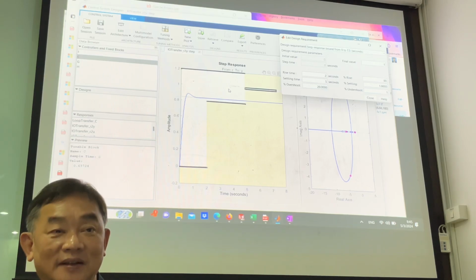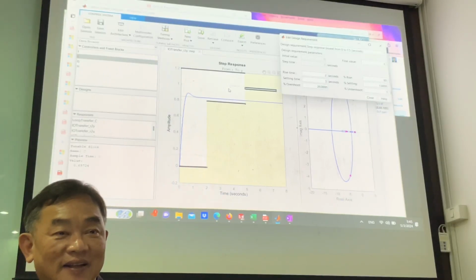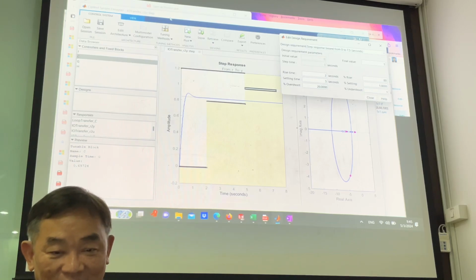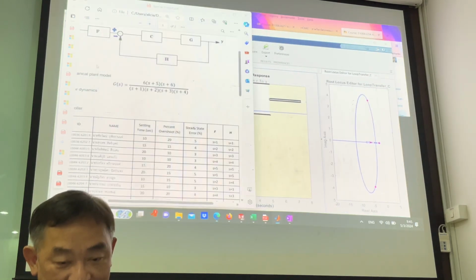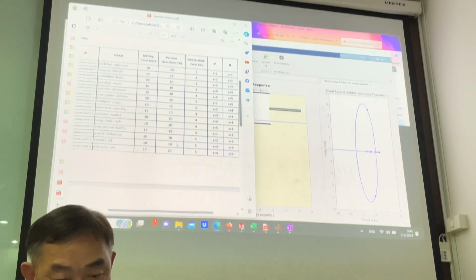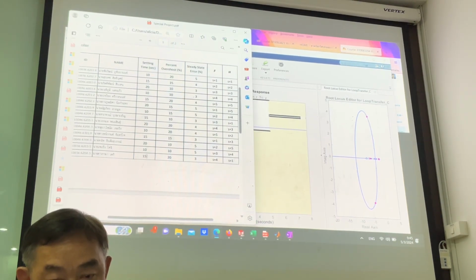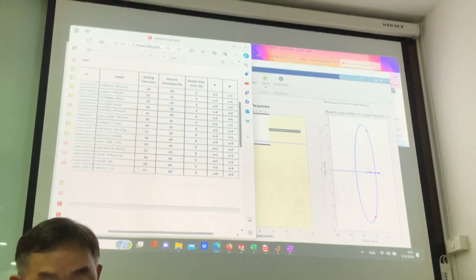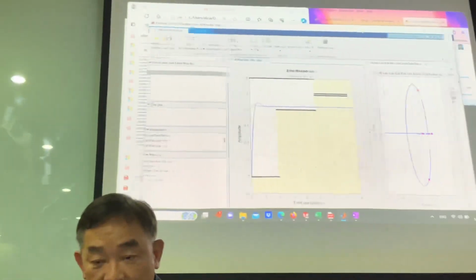Yeah? Did you understand? Say, for example, like for Digit, right? Digit, what's your assignment? 15 seconds and 20% overshoot. So for the design requirement here,